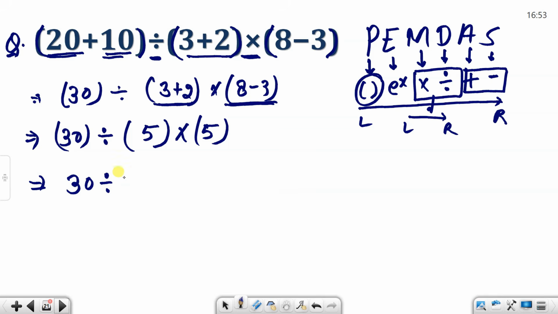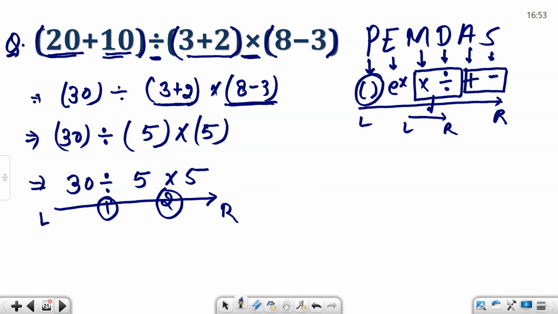30 divided by 5 times 5. Now we'll check this from left to right. From left to right, we give first priority to division and second priority to multiplication. So